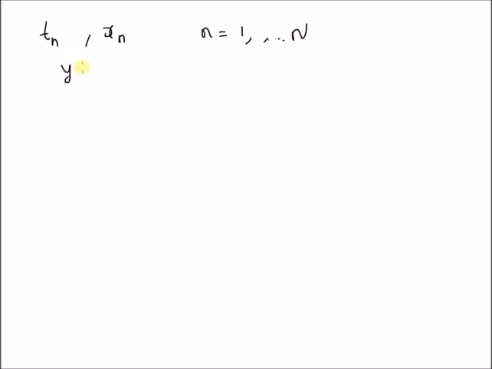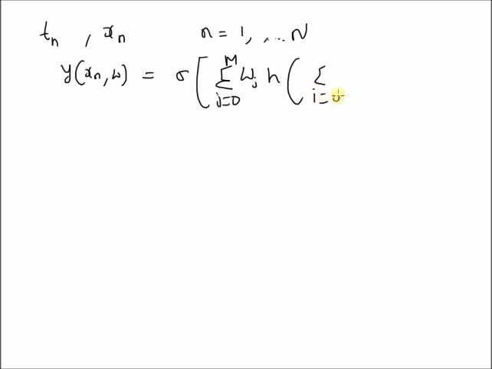And we have a neural network with the output for the nth input as y of xn comma w equal to sigma of, that is the activation function in the output node, sigma of summation j equal to 0 to m wj h of summation i equal to 0 to d wji xni. That is the ith component of the nth vector or the nth input. So given this neural network, we want to derive the equations for the weight vector w, that is this weight vector w basically consists of the wj's and wji's.